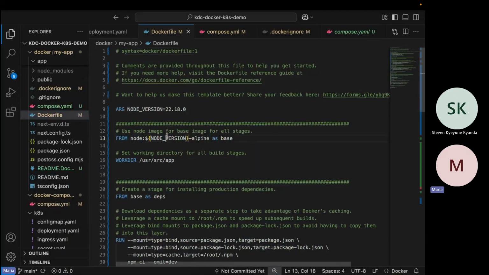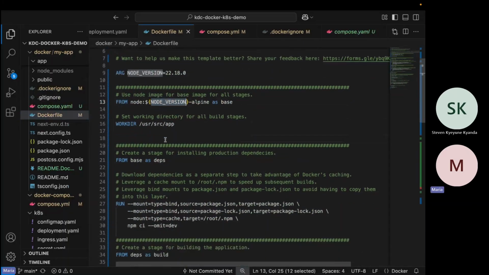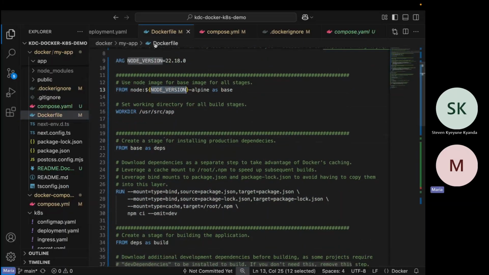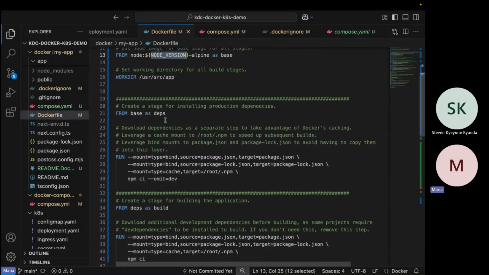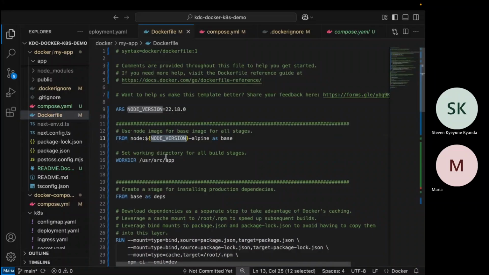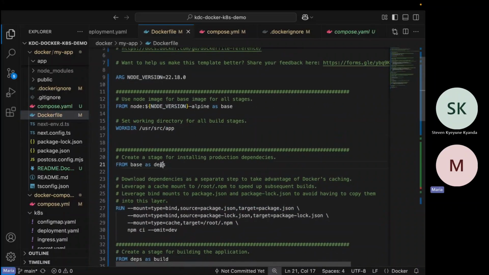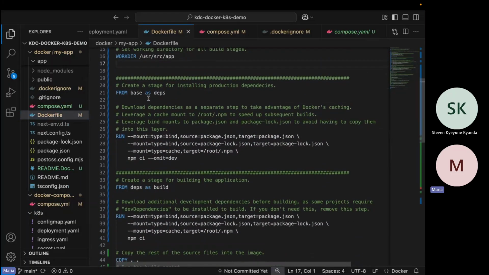Then FROM node, this variable that has been defined here is reused here. So we use a base image because this is a JS application. Then you set the working directory. Then this is what we call multi-stage builds. Yeah. So sometimes you don't want the content from this file to come into this file to make it larger.